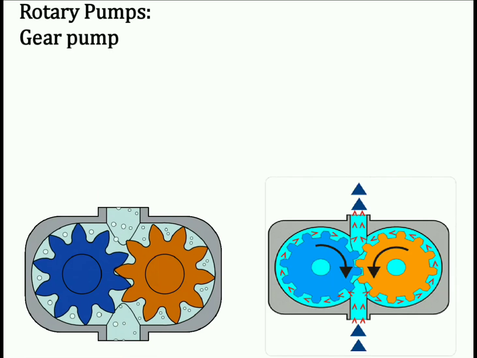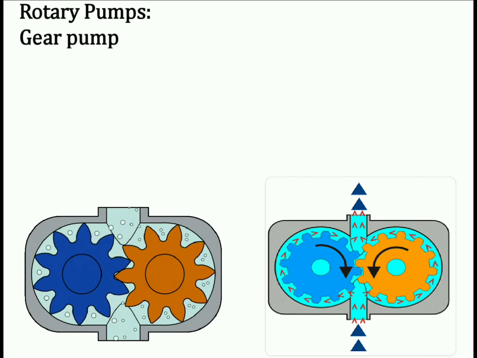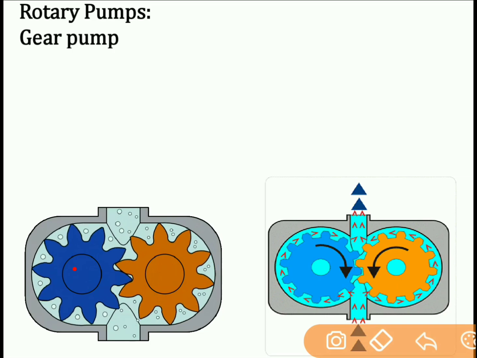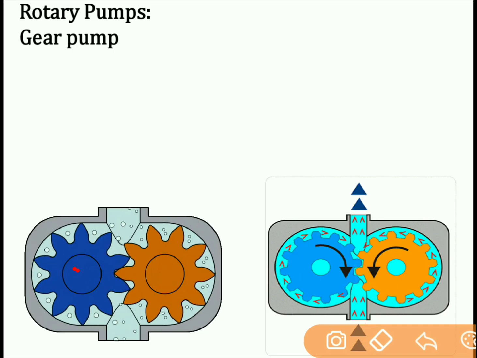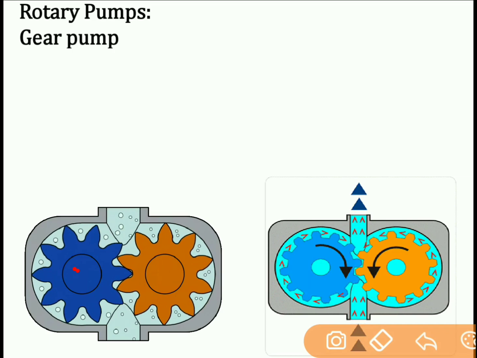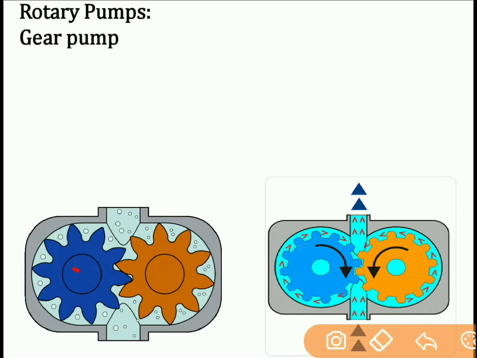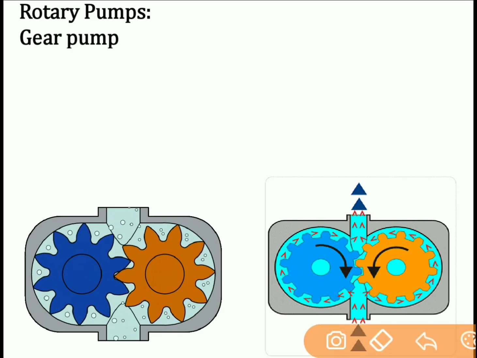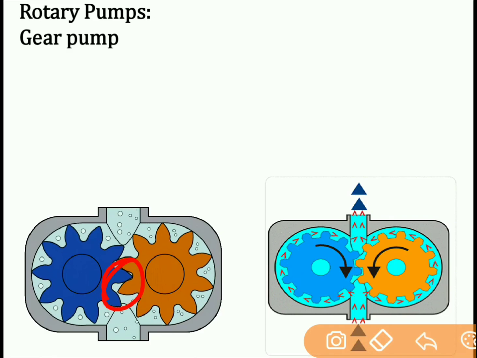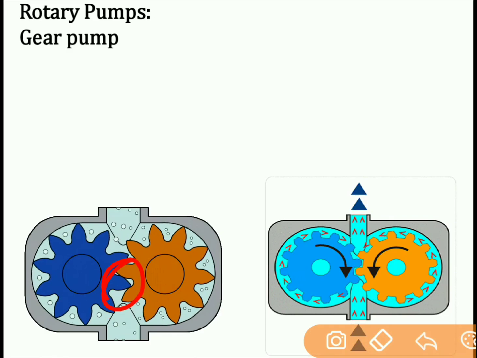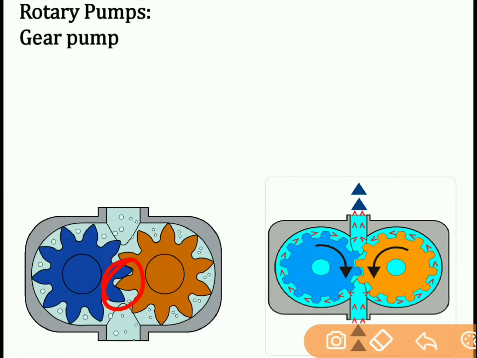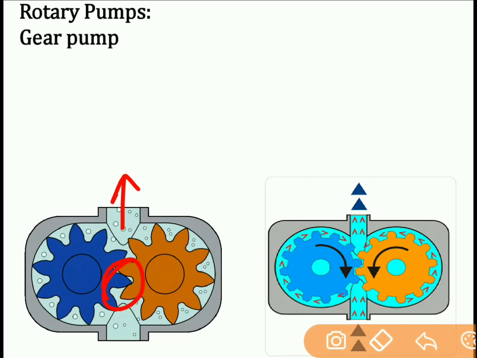So these are two different animations of the gear pump. Here only one of the gears is connected to the prime mover. So when one gear is connected to the prime mover, the other gear will get rotated because of the first gear. Now in this kind of pump, the liquid which gets trapped between these two gears will get squeezed. Squeezed means its volume reduces and pressure increases. Because of this, pressurized liquid will get transferred to the delivery pipe.